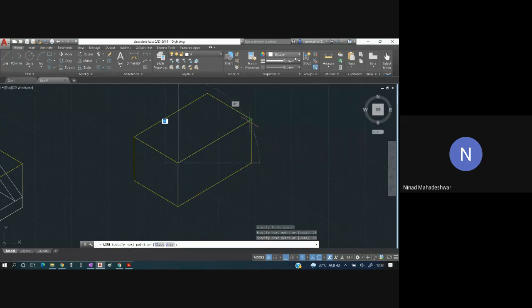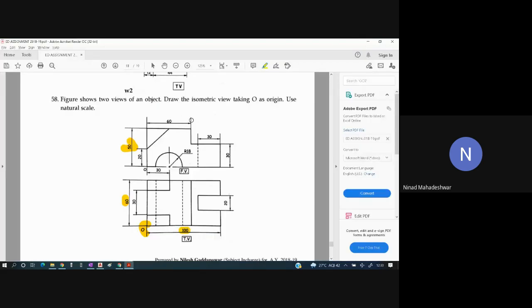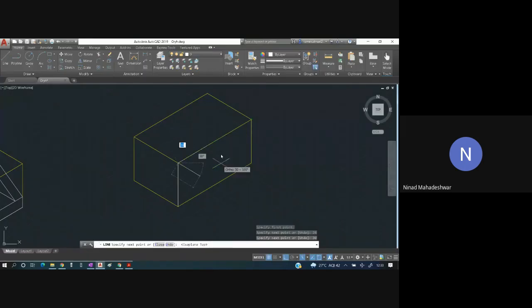Then you will go towards right, function F5. Okay, you'll go towards right by 60, 20 till the very end, 30, 60. Okay, then go down by 20 and go ahead till the very end.